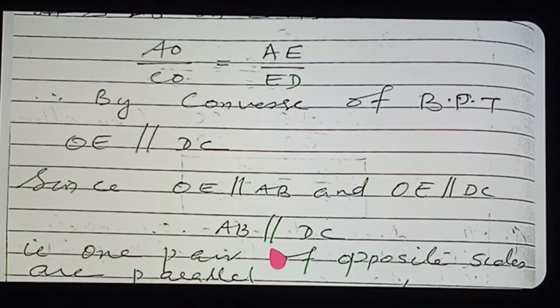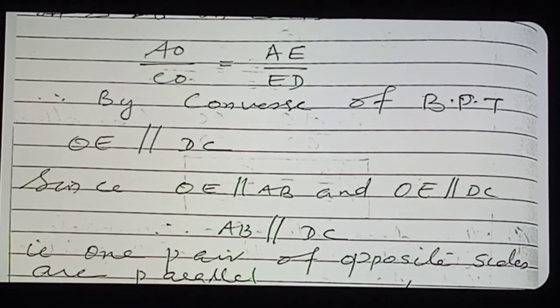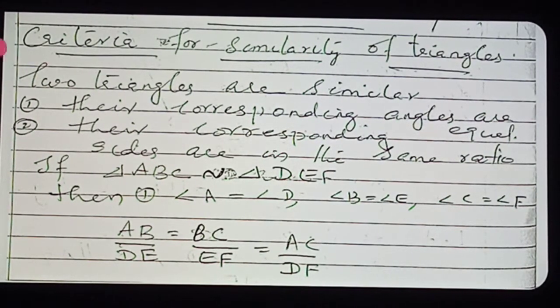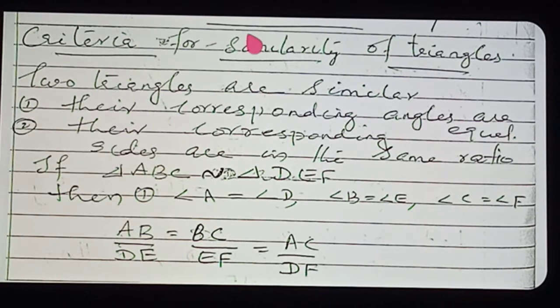Okay, so we can go through the remaining theorems. We want to learn some more theorems here. We have studied theorem number 6.1 and 6.2. Now we are going to learn the remaining theorems for proving two triangles to be similar. We will learn the theorems one by one. Listen, already you have studied the conditions for two triangles to be similar. I have written it once more here for your convenience.